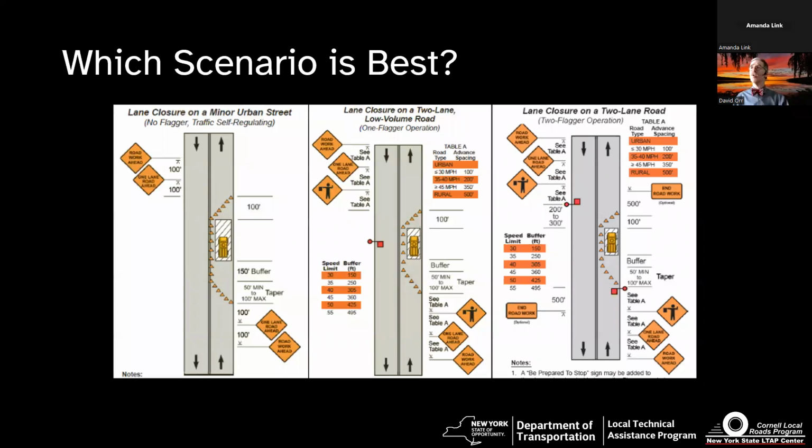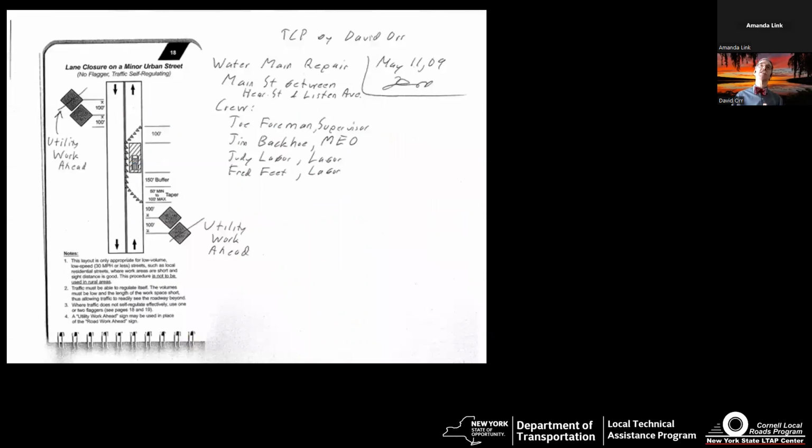Now, in terms of how you could do a particular scenario, I made a copy. This is not this particular site, but I want to show you a cheap way to make a traffic control plan. Okay, so in this particular case with utility work, the one you saw earlier, like you saw where it was just 2 signs, low volume, residential street, piece of cake. Well, what you do is you take your little pocket guide, you open the pocket guide up, you find the scenario that is the most applicable for your particular situation. You walk over to your copy machine, you drop the thing in your copy machine, and you hit copy.